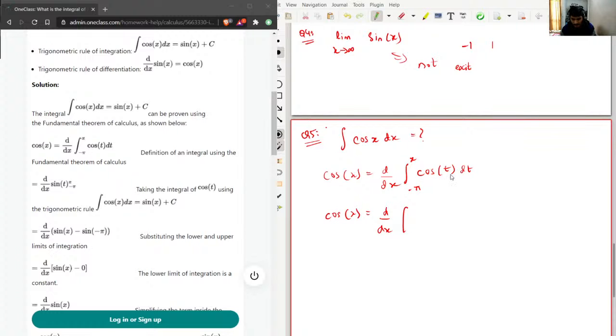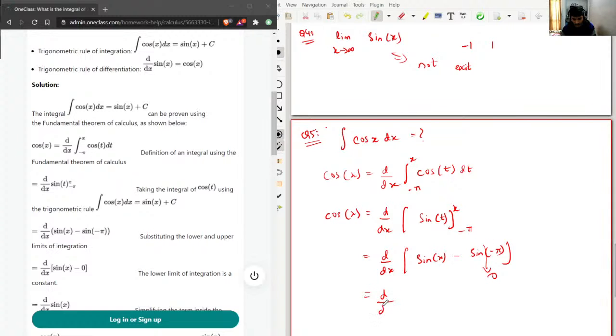So integral of cosine t will be sine t. This will become sine t from -pi till x. This will be d dx of sine x minus sine of -pi. Now sine of 0 is 0, sine of pi is 0, so sine of -pi is also 0. So this term will be 0,